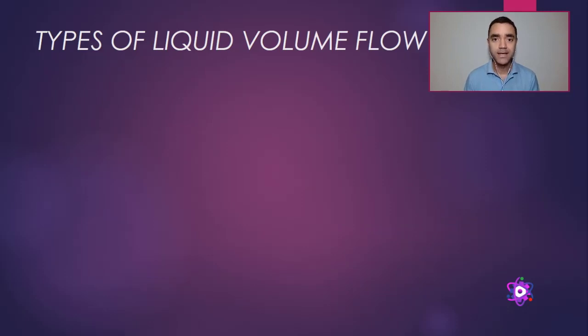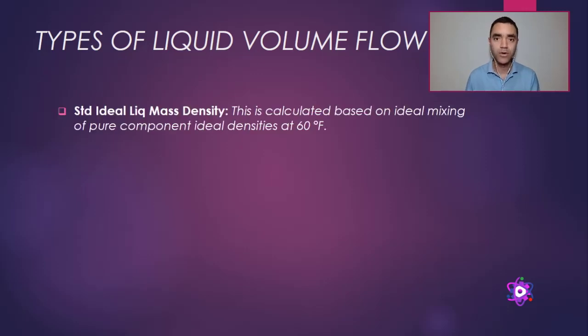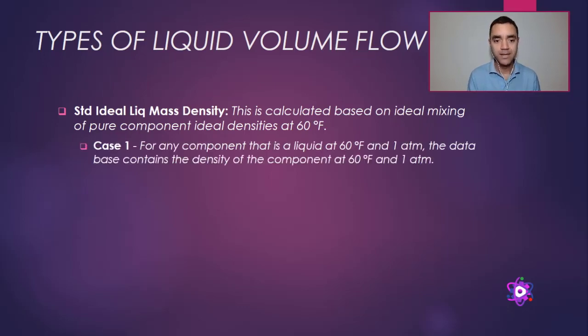As Aspen Hysys has three different kinds of liquid volume flow, you must understand how the software performs the calculations of each mass density. So in this case, when we are talking about standard ideal liquid mass density, Aspen Hysys will do calculations based on 60 Fahrenheit, but it depends on whether the component is a liquid at 60 Fahrenheit and 1 atm,